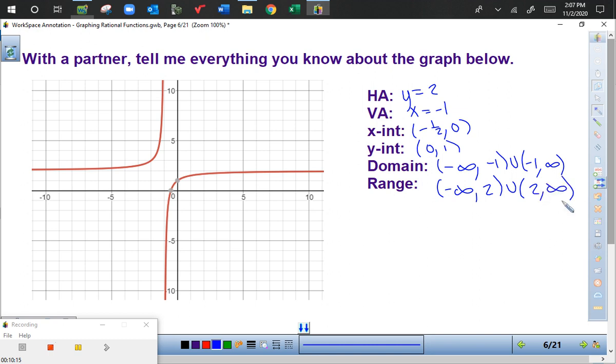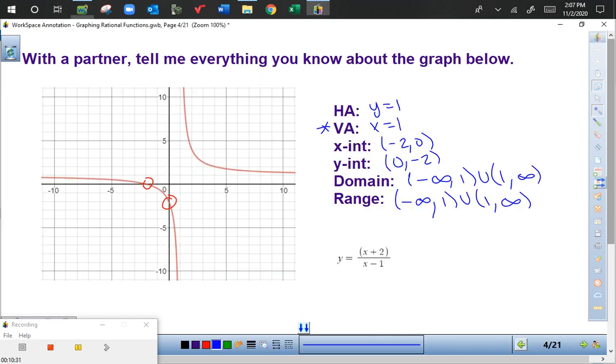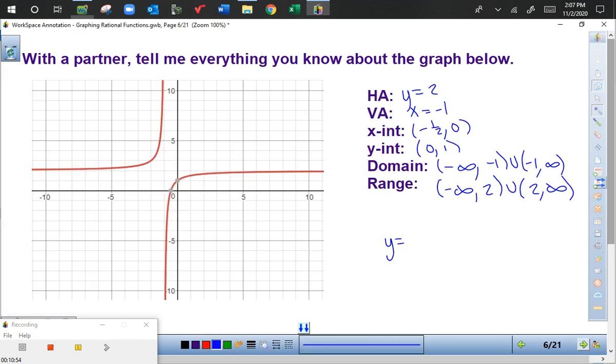Okay? Well, here, if I kind of want to use the things that we learned last time, we can write an equation based on those patterns that we saw. Okay, so I'm going to flash back here again to just show you on the last equation. Remember, the denominator dealt with the vertical asymptote. The numerator dealt with the x-intercept, and then kind of on the edge here was your y-intercept. Again, we'll talk about that horizontal asymptote here in a bit, but what I want you to do is, based on that information, try to write an equation from the x-intercept, vertical asymptote,